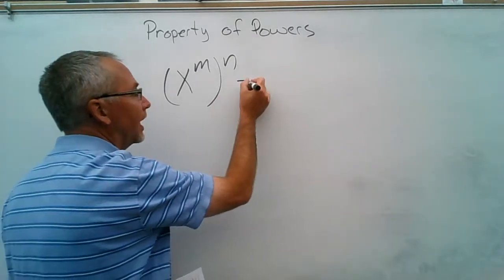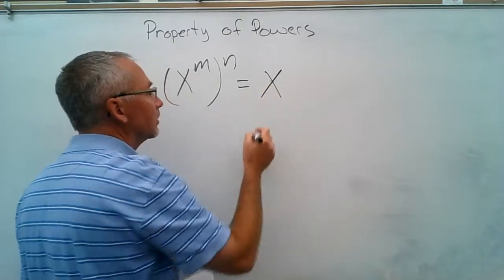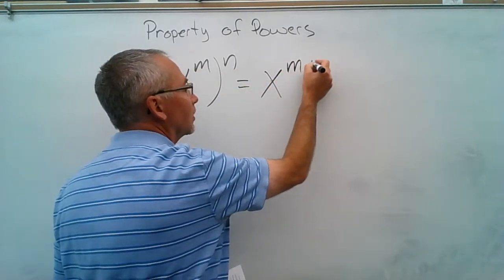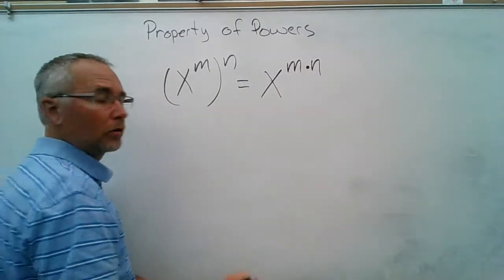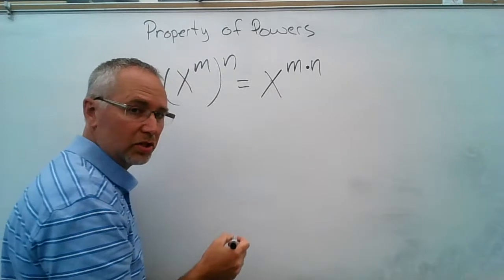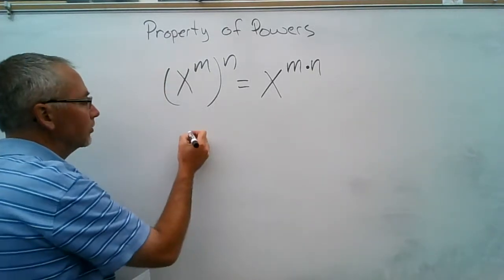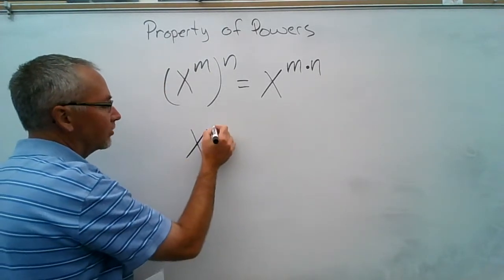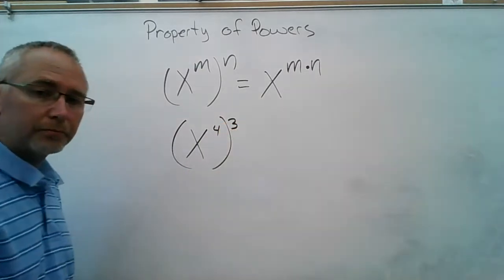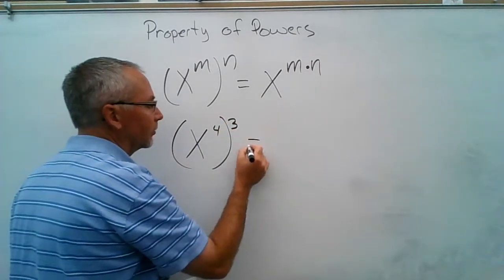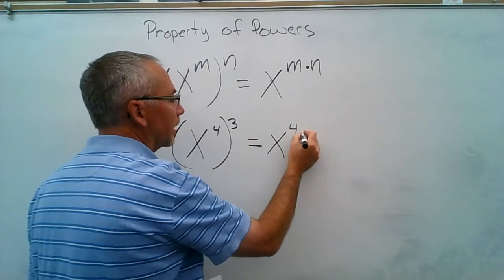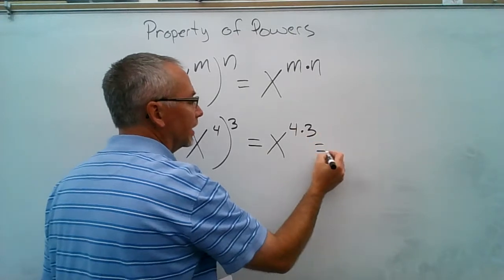And what happens in that is our exponent then gets set to m times n. Or another way to write that, if we were to take this and put it in with some numbers, it might make more sense to you. If I had to say x to the 4th and all of that to the 3rd power, then I would end up with something that looks like this: x to the 4th times the 3rd, which then equals x